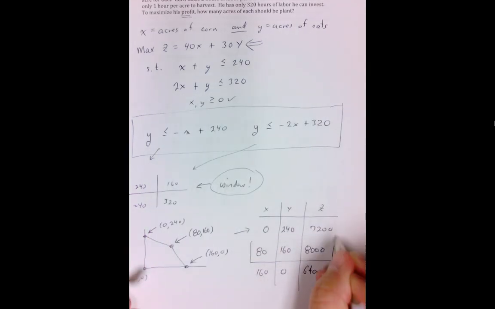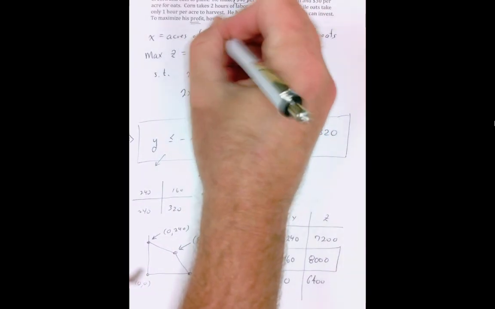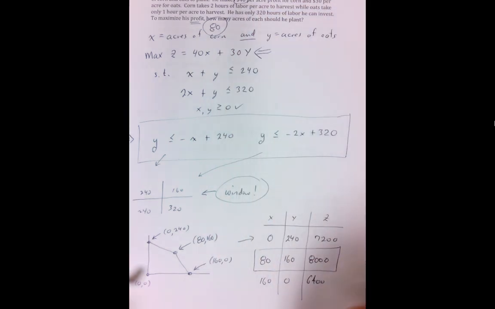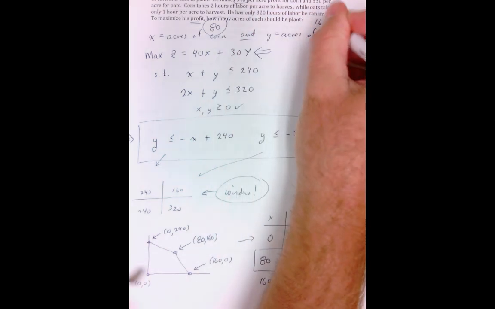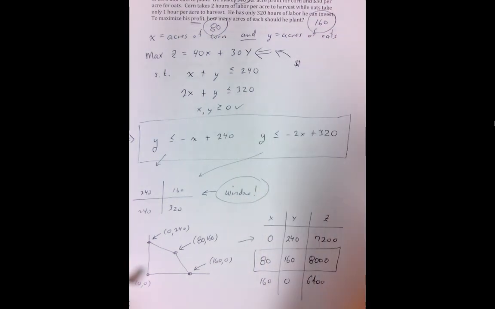So guys, the one that wins out is the 80 acres of corn and the 160 acres of oats. And our maximum profit will be